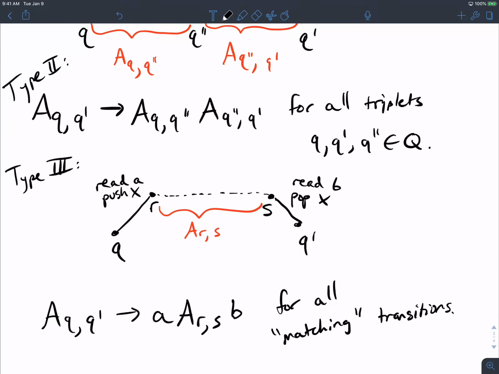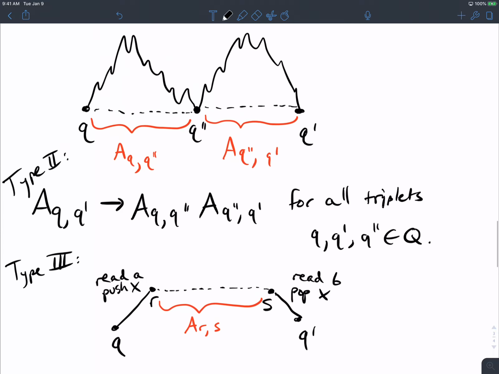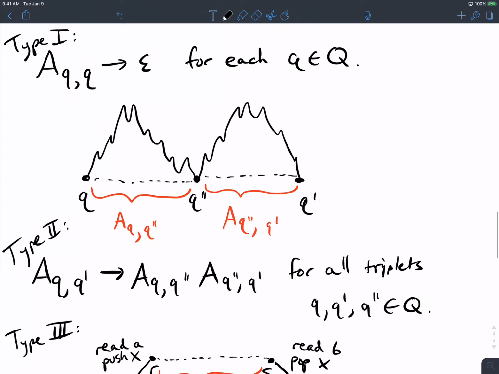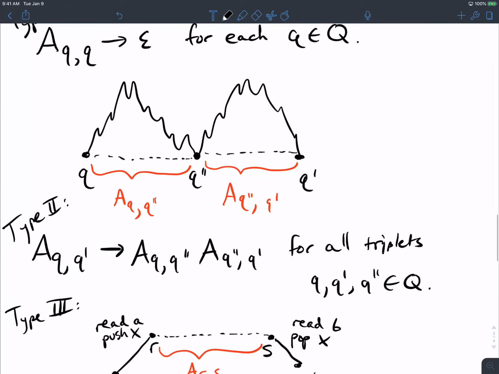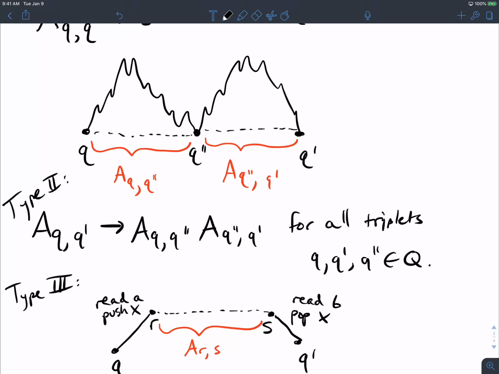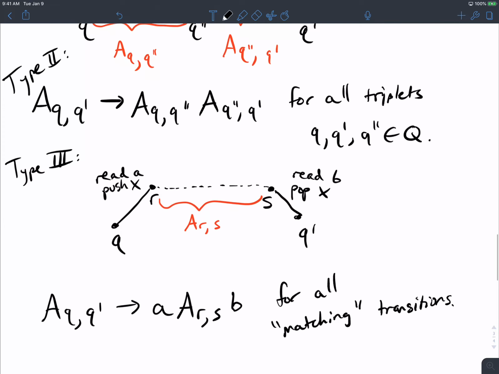So, any questions on the types of rules that we generated here? I'm never going to ask you something like this in a test because I don't know how they came up with this. This is something that I just think is completely brilliant, and it just came out of thin air, and I don't see any reason why they came up with it. But it makes intuitive sense in hindsight because we're just solving a bunch of subproblems. But to come up with this, I will never expect you to do something like this.